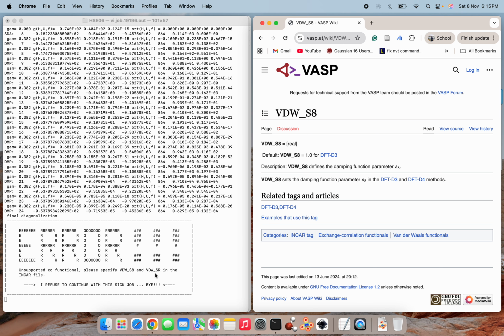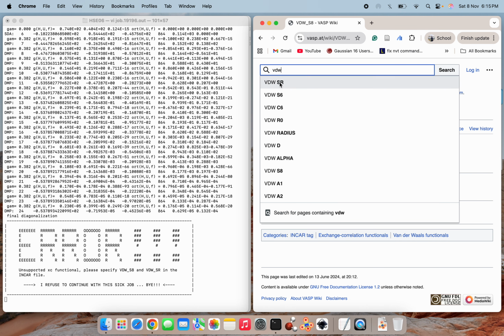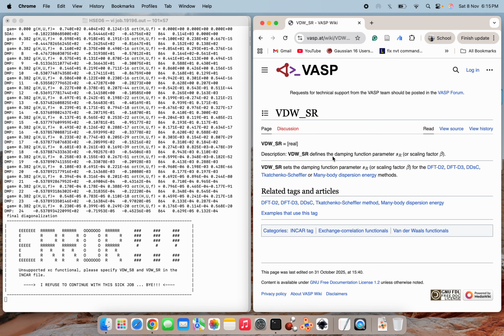And what is this VDW_SR? I'm searching this. Yes, this VDW_SR is also a damping function parameter, that is SR. So based on this error and as per this suggestion,